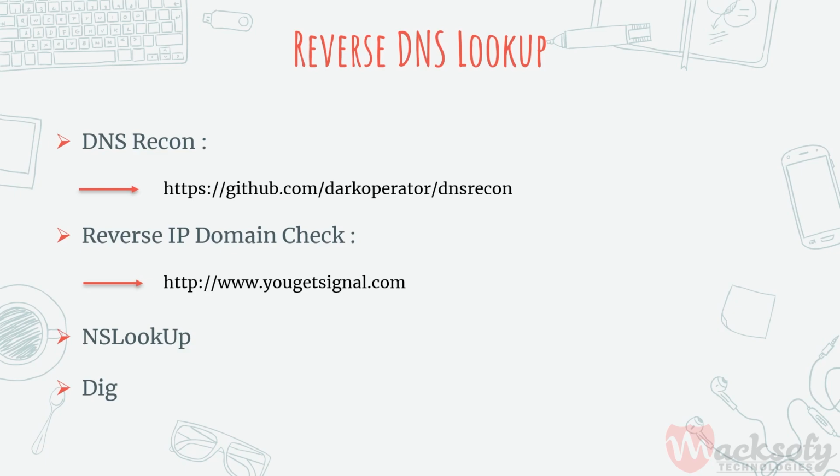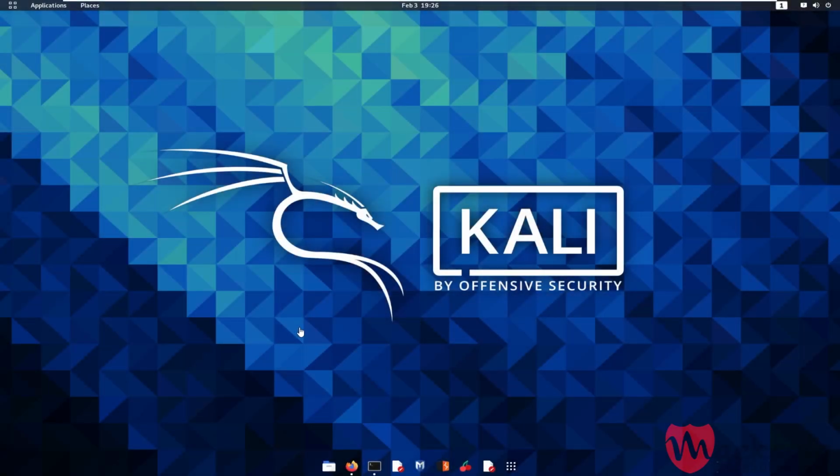Attackers perform a reverse DNS lookup on the IP range to locate a DNS PTR record for such IP addresses. Attackers use various tools such as DNSRecon, Reverse IP Domain Check, NSLookup, and even dig for performing the reverse DNS lookup and also checking the zone transfers of the target host. When we get an IP address or a range of IP addresses, we can use these tools to obtain the domain name. Now, since we know about the tools, let's use them.